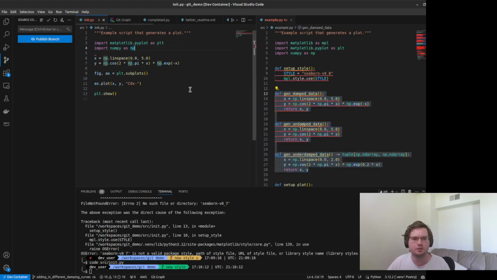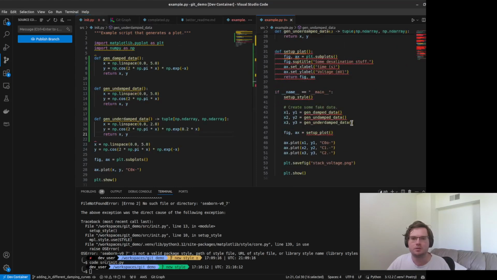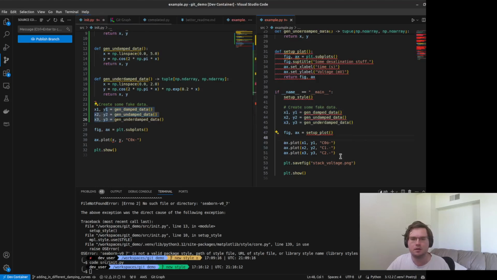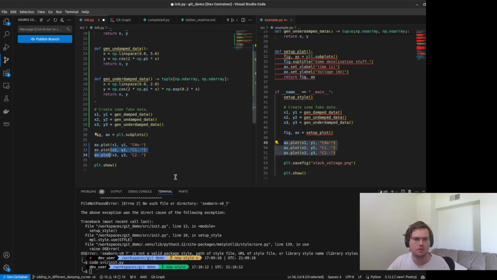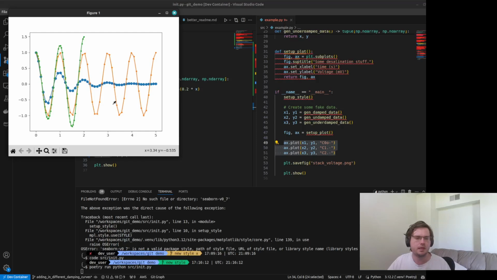Add in these functions. I'm going to take these lines, add them here, and then take the plots as well. So now you can see that I can run this code, and it works, and everything is entirely separate from that other work that I'm doing, which is changing the style, which currently has some sort of issue.